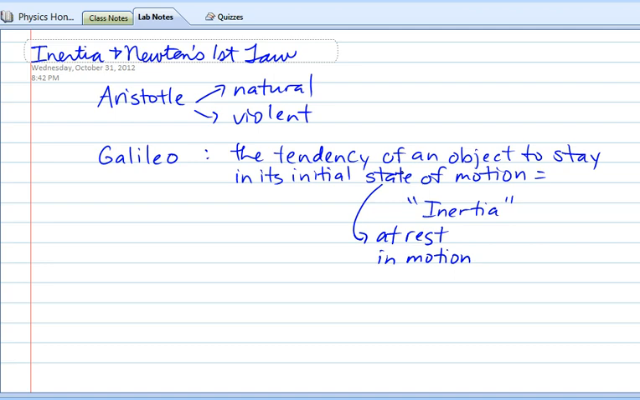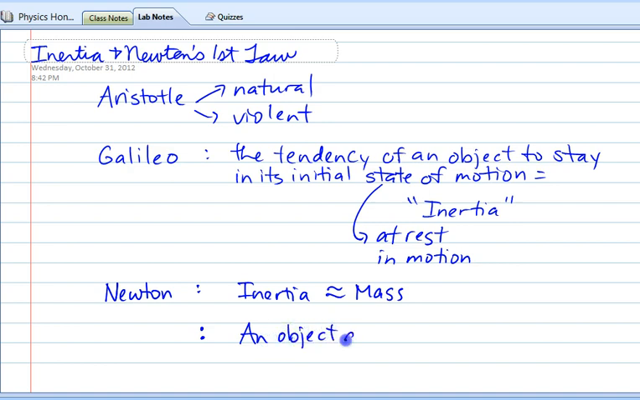Okay, well, a little while later, by the way, Newton was born on the same day that Galileo died. It's kind of interesting. Newton said that inertia kind of relates to mass. So the more mass you have, the more inertia you have. And he wrote Newton's first law. Well, he didn't call it after himself. We did later. But he said that basically